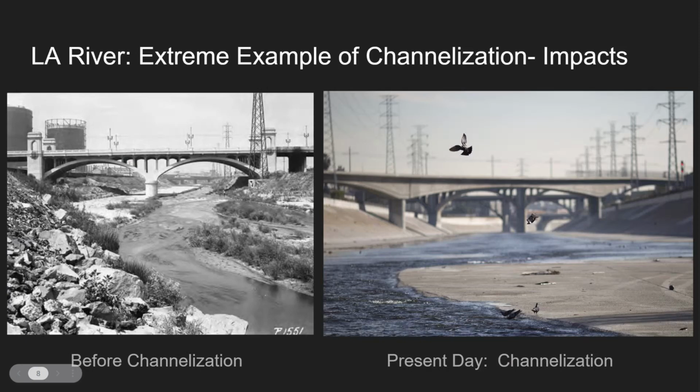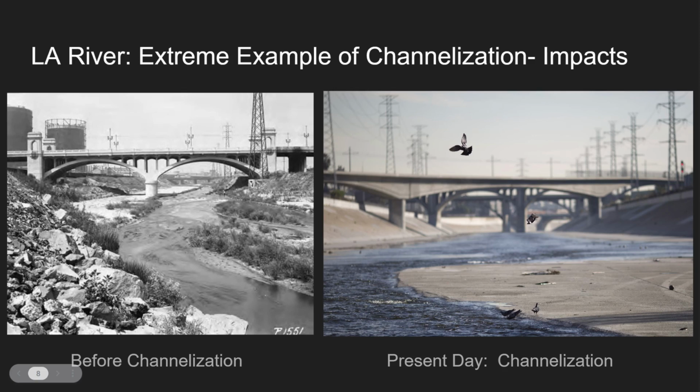Concrete channelization is used all over the world, with one example being the LA River. The LA River was widened, paved, and deepened after a huge flood in 1938. Paving it worked like a charm, stopping flooding in LA, but came at a high cost. No plants, no wildlife, and none of the usual sediment and erosion of a normal river. This, coupled with pollution runoff and increased evaporation, destroyed the natural river ecosystem and geology completely.